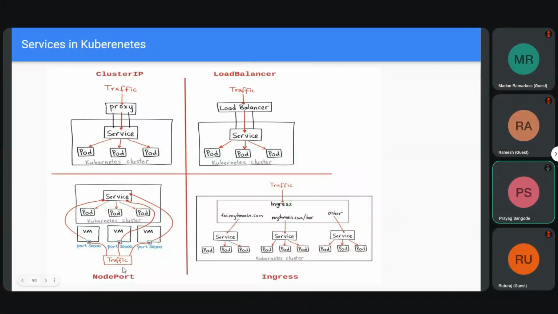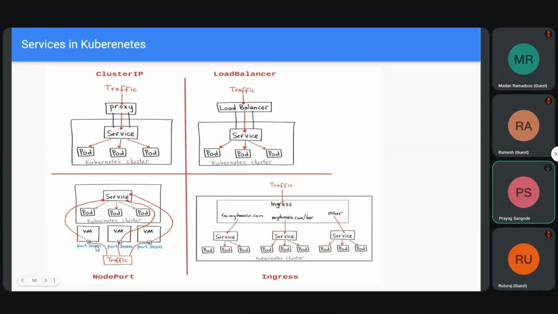Similarly, in node port, we create a node port service. It also creates one more cluster IP, but a port is also opened on each node. If we have 3 worker nodes, on each node a node port will be opened,